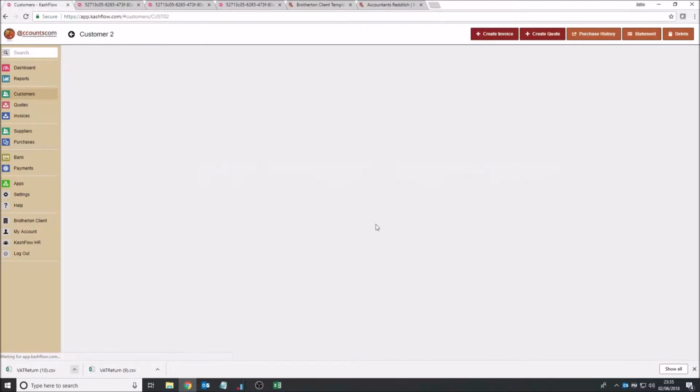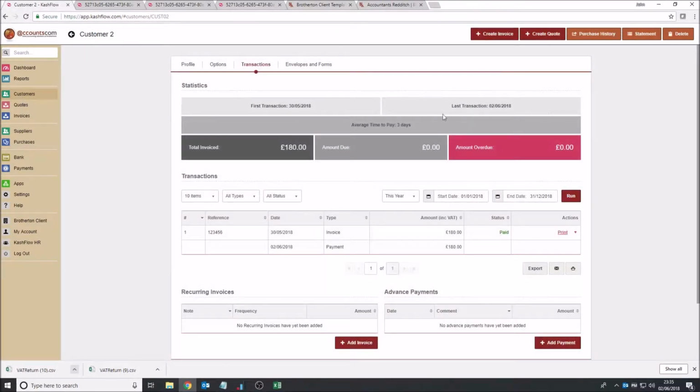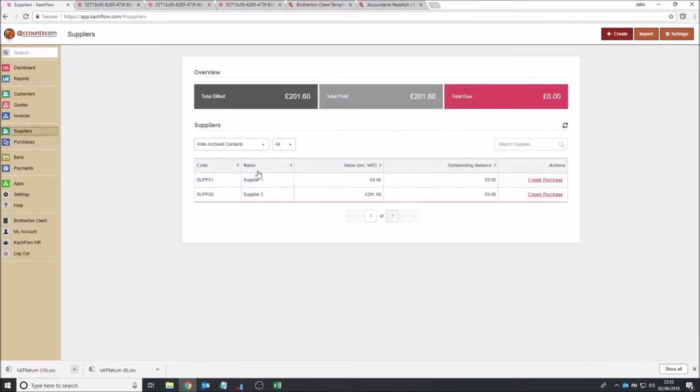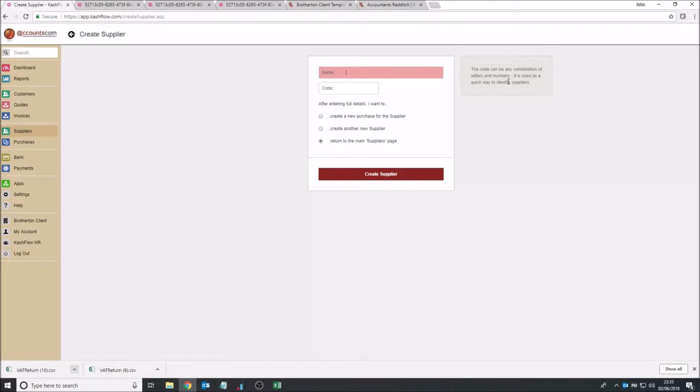Okay, back into there. There we go. That's been updated now. So we've got total invoiced, amount due, amount overdue. So that's just updated. So that's the customer side. From a supplier perspective, we've got 2 suppliers in there, exactly the same. You can create one up here. So if you want to put a new supplier in, you can put